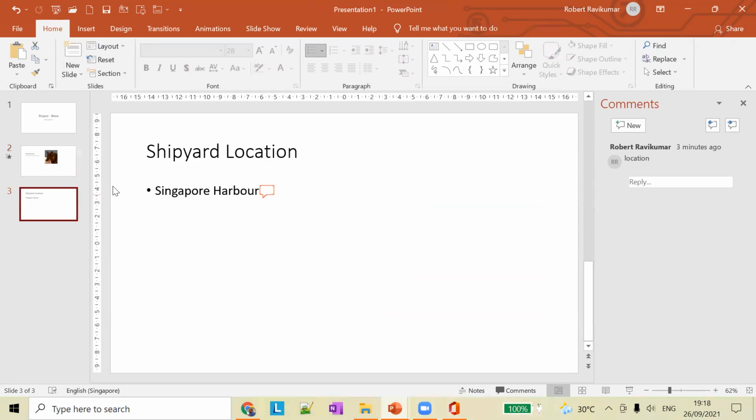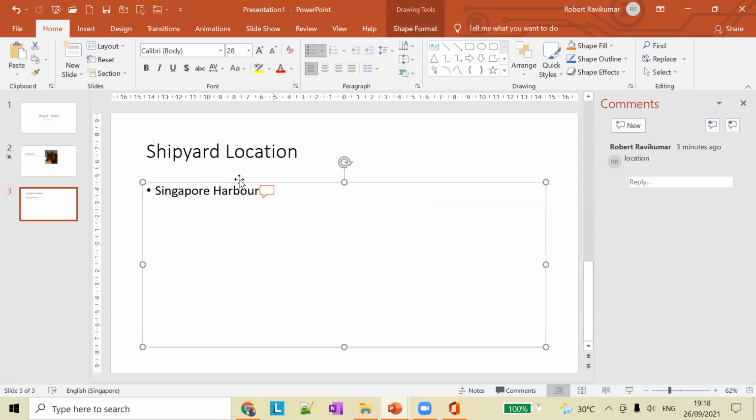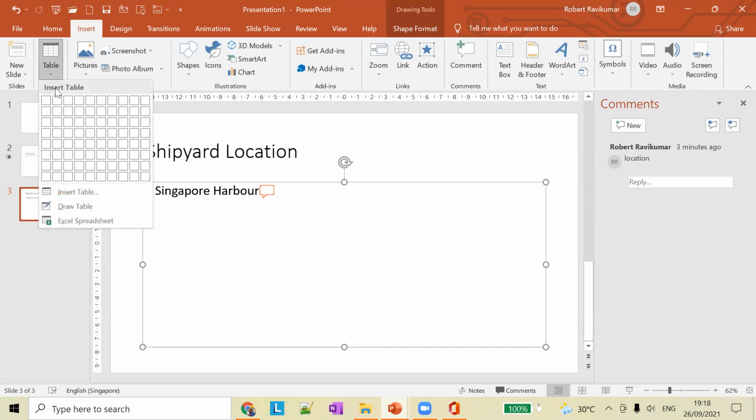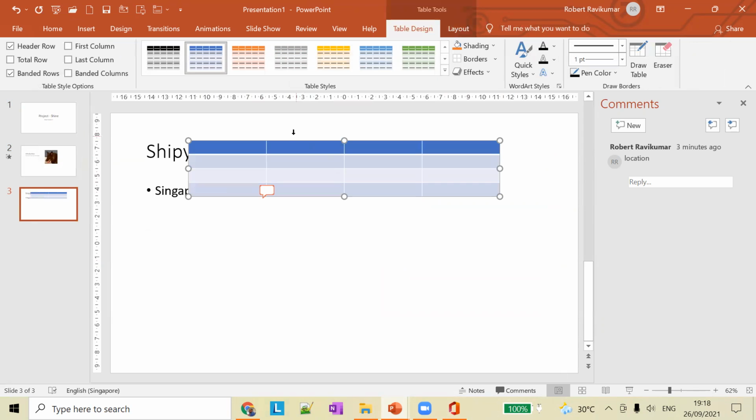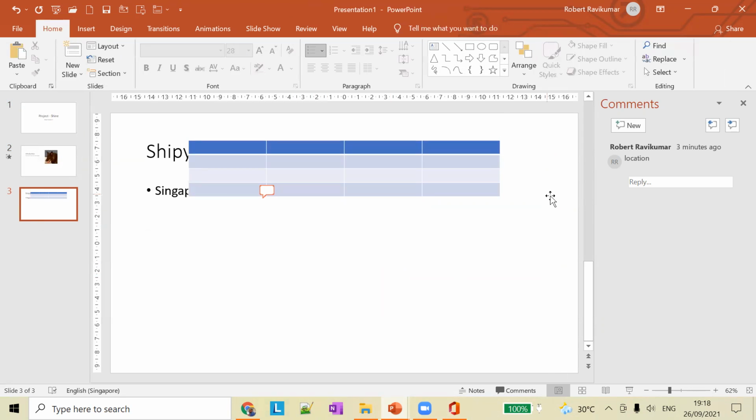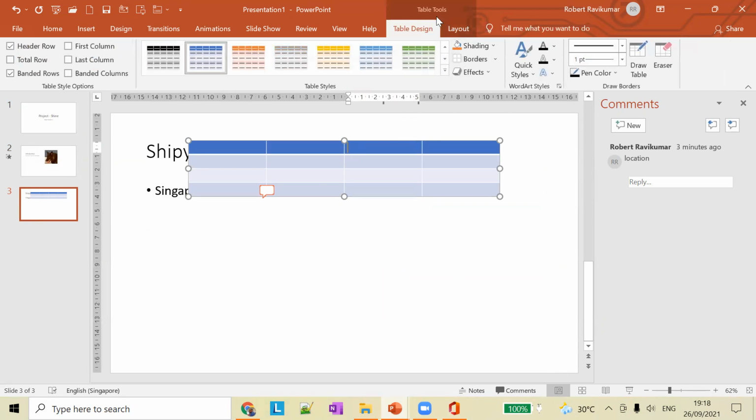Let's say you have a table, and if I choose a table, it will show a different menu here. It adds a Table Design menu. So based on the item we click, the toolbar changes.